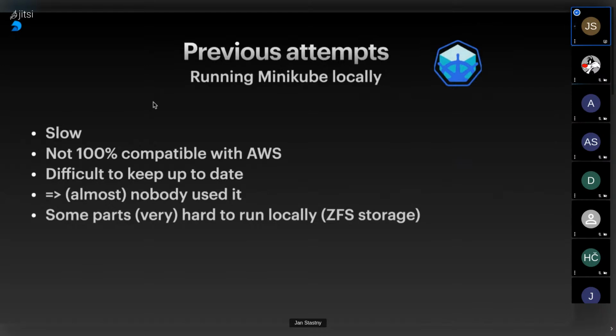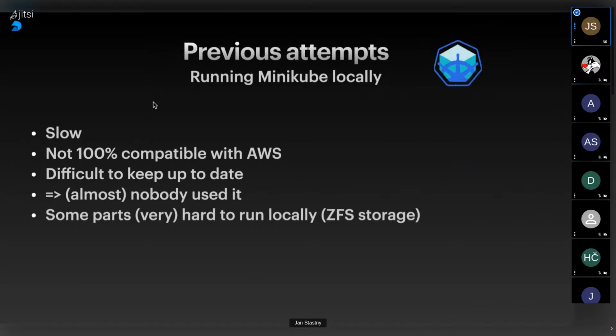This was also very difficult to keep up to date, because if we made some changes to the production cluster, we changed the kind of ingress we use or other things, we always also had to somehow reflect it in Minikube, because the configuration was slightly different. For all of these reasons, the adoption was very low, and not many developers actually used Minikube for local development.